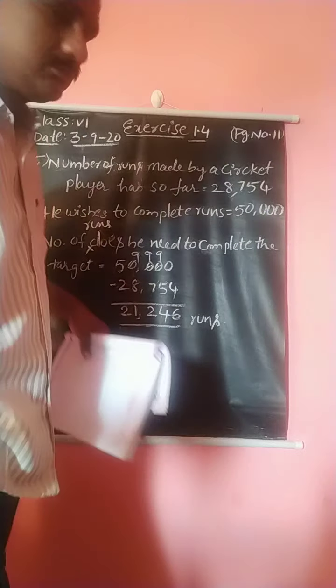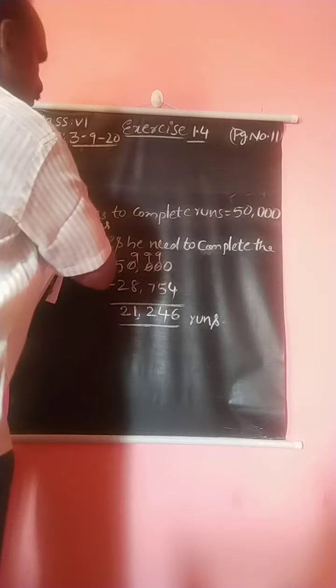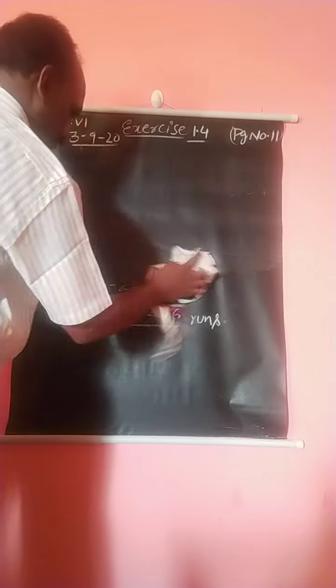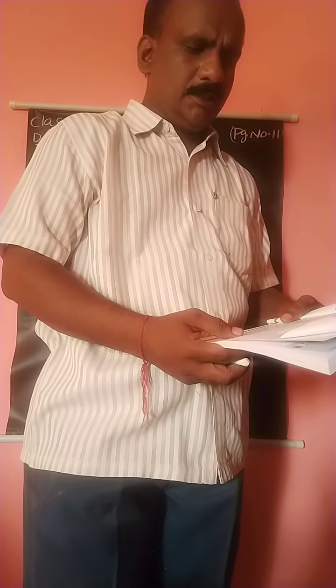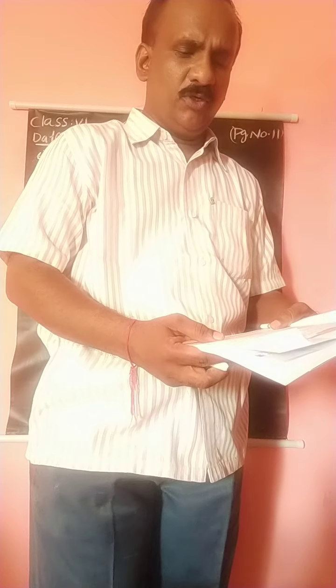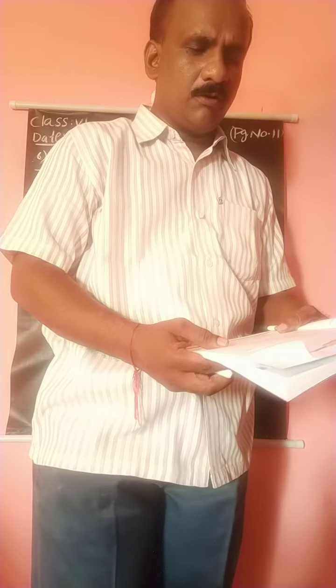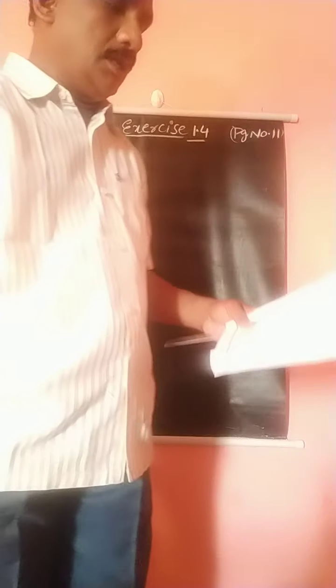Look here. What is the 7th one? Sixth is homework, and the 7th problem is given. Write the greatest and smallest 6-digit numbers formed by using all the digits 6, 4, 0, 8, 7, 9 and find the sum and difference of those numbers. Children, they give 6 digits. What are the given digits?